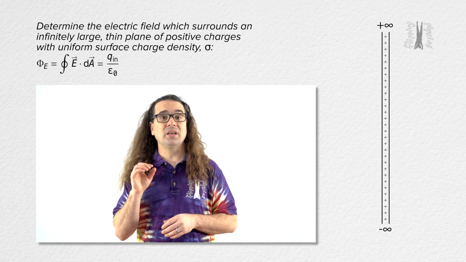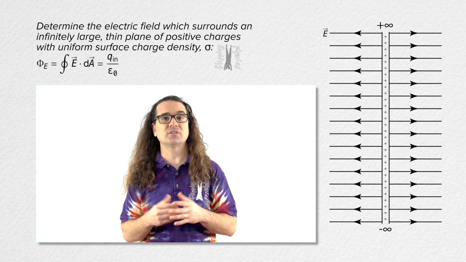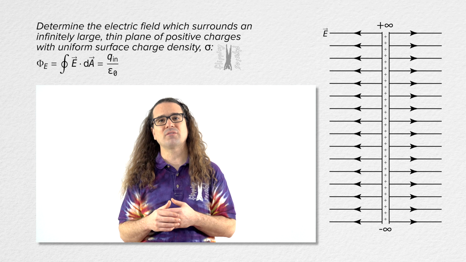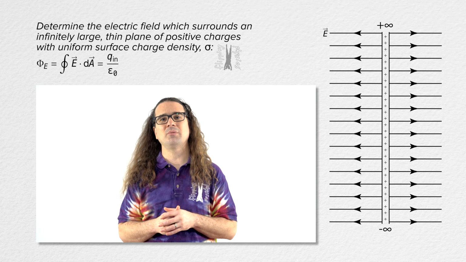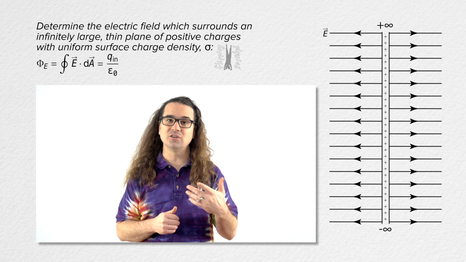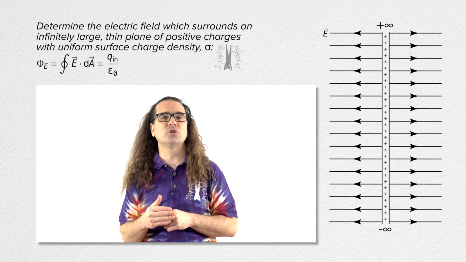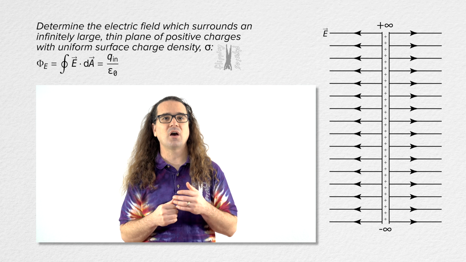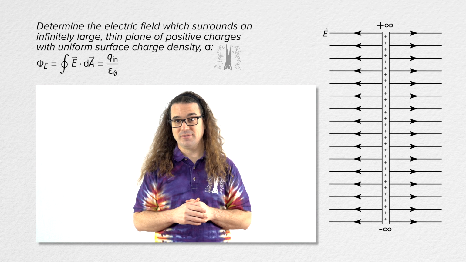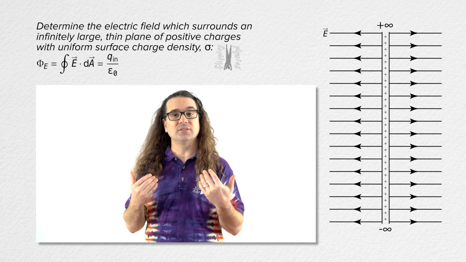First off, we know the electric field will be normal to and directed away from the infinite plane of positive charges. This is because the plane is infinitely large, therefore every component of the electric field, dE, which is parallel to the plane of charges and is caused by infinitesimally small charged pieces of the plane, dq, will cancel out, leaving only electric field components of dE which are perpendicular to the plane and directed away from the plane of charges. Now that we have that figured out, Bobby, what shape shall we choose for our imaginary Gaussian surface?